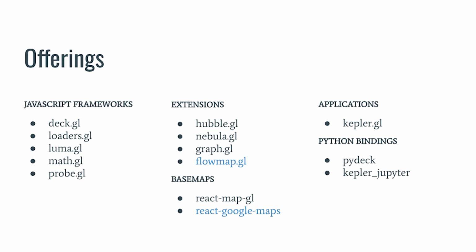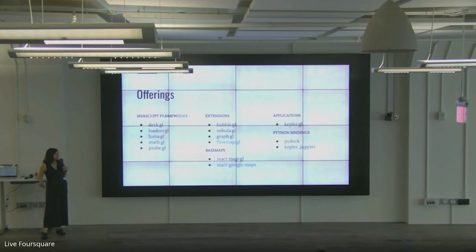We also have base map wrappers. ReactMapGL is a React wrapper for Mapbox and MapLibre. React Google Maps is our latest member in the suite, and you'll hear talks about that later. We have Kepler.gl, which is more like an application, an end-to-end no-code user experience, and we have Python bindings for both